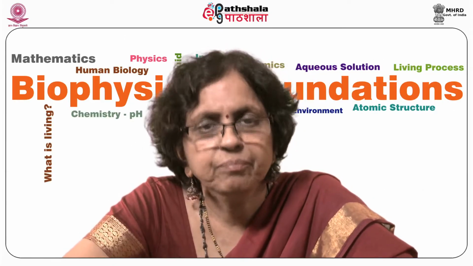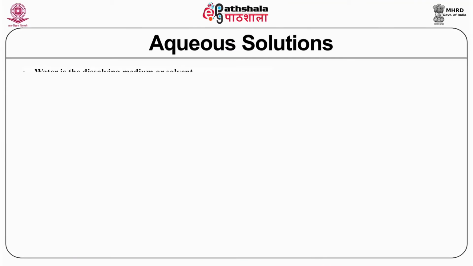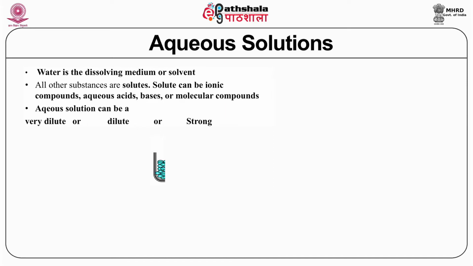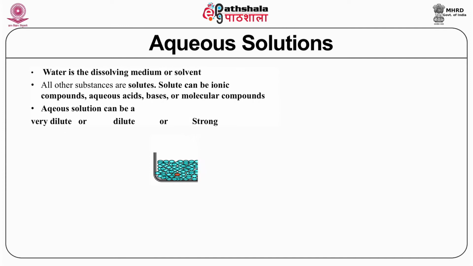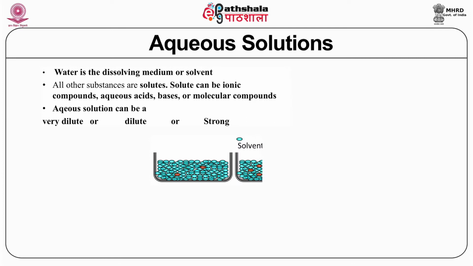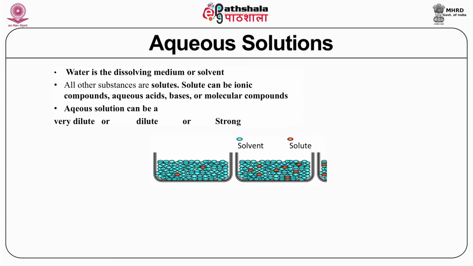After giving these two terms, when we talk about an aqueous solution, the term is only used where the solvent is water. In a normal term the solvent can be alcohol or any other medium which is not necessarily water, but the term aqueous solution is given only when the solvent is water. And of course, it needs a different kind of understanding and properties. Therefore, all the other substances other than water we call solutes.